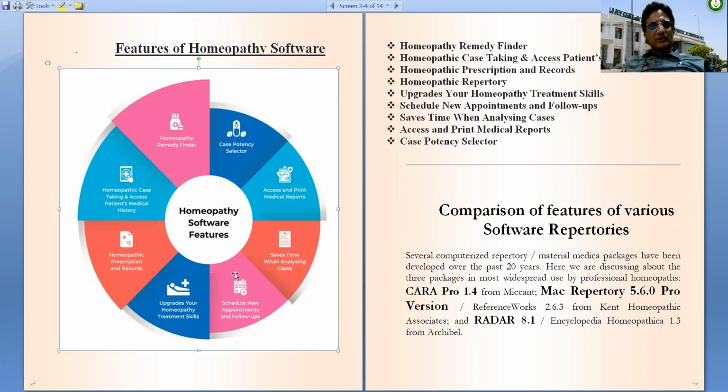It should have an ability to schedule new appointments and follow-ups. It should upgrade your homeopathy treatment skills. It should have records of all your prescriptions and case histories. It should help in case taking and should give access to the patient's medical history whenever required. So these are the features a software repertory should have.